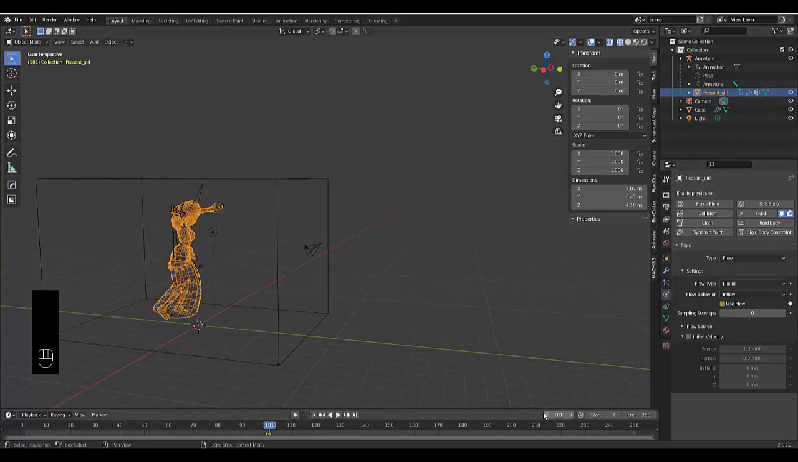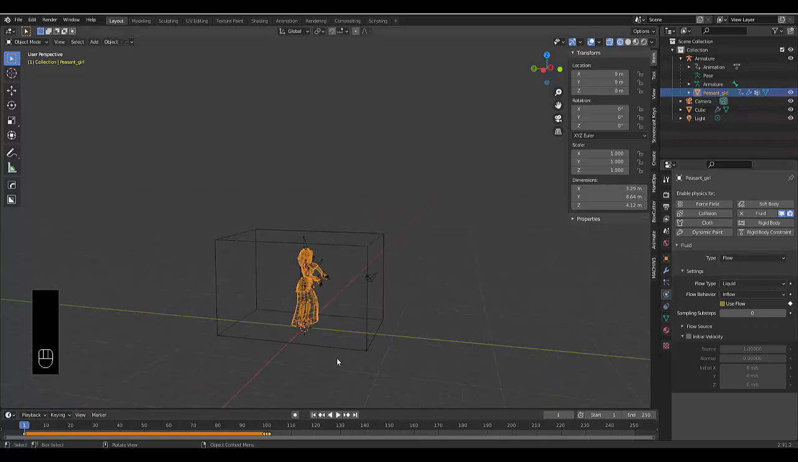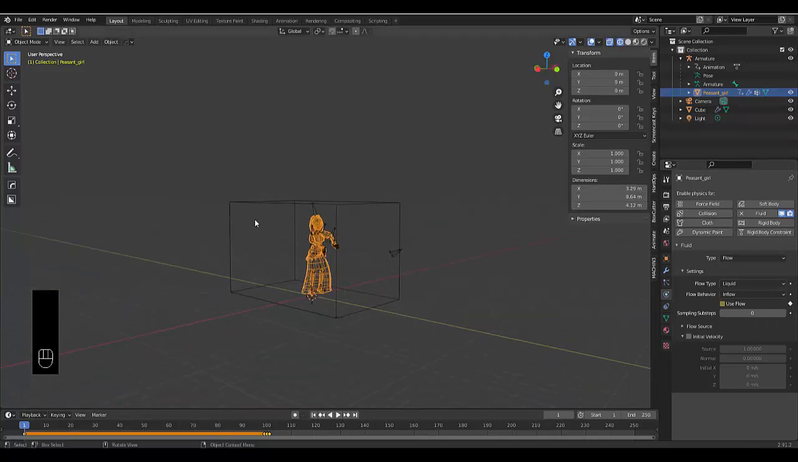But then we also need to go back to, let's say 99. Deselect this, tick. And then we probably have to go back all the way to frame 1, deselect and tick. And by just doing that,